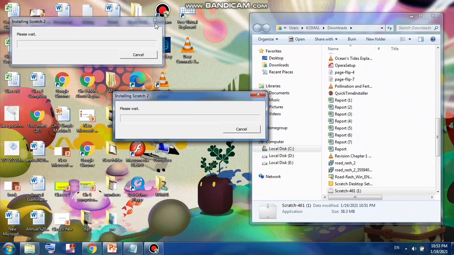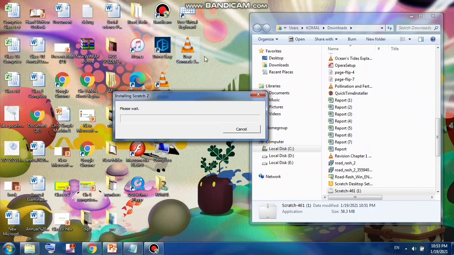I have pressed it 2-3 times, that's why it is coming like this. So we will wait for it and we will see how the installing is being done. For this we need to give a little time to the computer. It is totally dependent on the speed of your PC. Like this it is being completed. The process is being completed. Just need to give a few minutes.